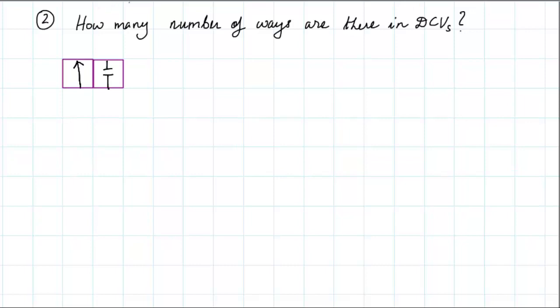Now here in this diagram you can see that the number of positions are 2. Am I correct? The number of positions are 2, and in each position, if you would see how many ports are there, this is the first port and this is the second port, correct? So in one of the positions there is flow of fluid between the ports, and in the second position there is no flow. So at one time the DCV allows the fluid to flow, at the other time the DCV does not allow the fluid to flow.